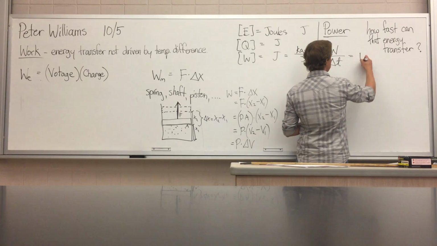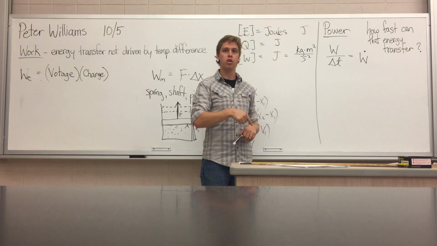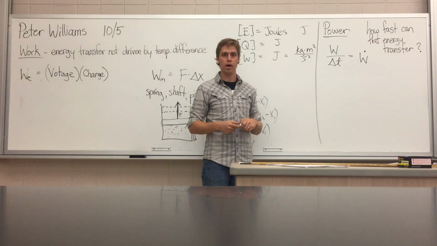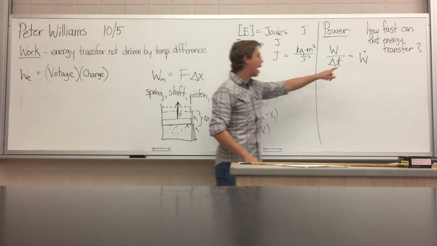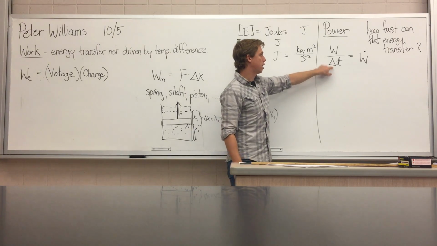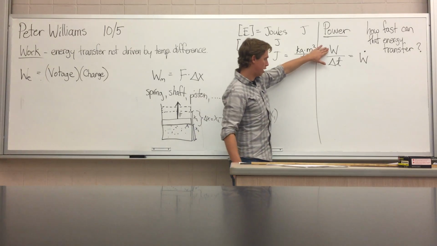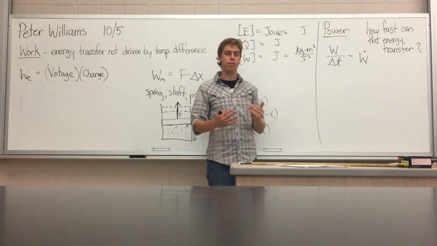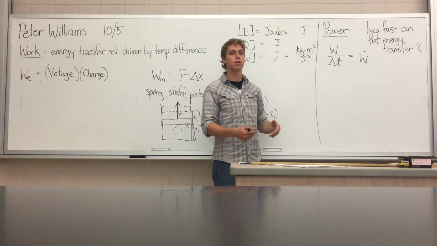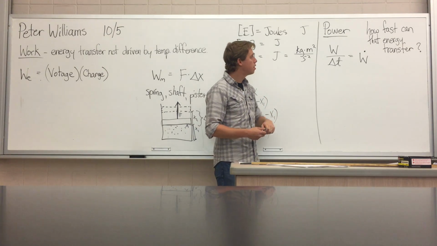So what we do is we use W dot, which is a notation that you've seen before. We had Q dot, which is heat per unit time as well, okay? So this dot over it means that we're going to be dividing it by the time. Okay, so you're going to have to get used to this. It can take a little bit to get used to. When you see a straight up W with no dot, it means work. When you see a W with a dot over top, that means power, and it's the work with the time in the bottom, all right?